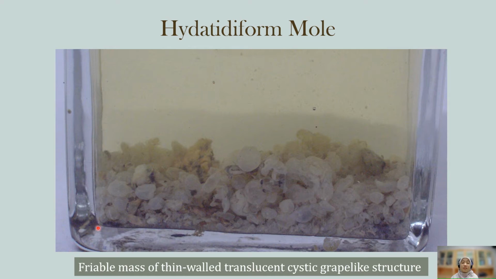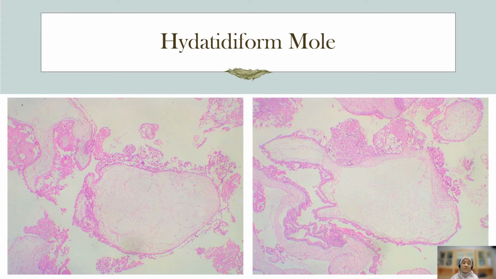Here is the microscopic specimen of our lab work. It is composed of fluid-filled large vesicles with thin, translucent membrane, looking like a cystic grape-like structure. In this microscopic specimen, we can observe larger than normal chorionic villi with edematous stroma, and there are proliferative trophoblastic cells